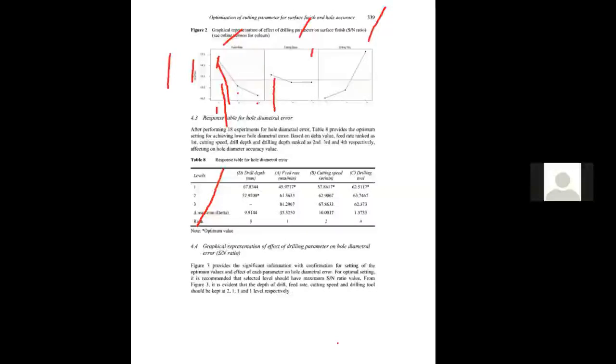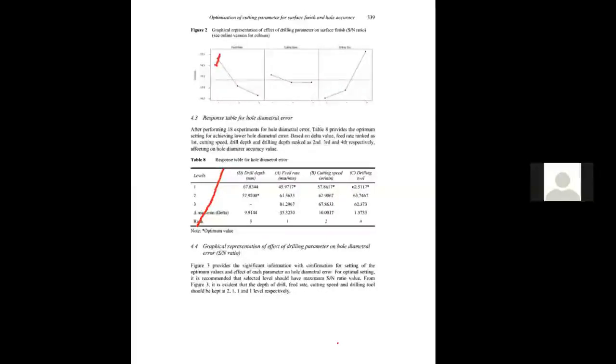And for the type of tool, I have to use the third tool. In that case only I will get the maximum S/N ratio. Now, if you see the first graph of the feed rate, you can directly see there is a very big deviation from level number 1 to 3. So blindly you can say, for feed rate, I will maintain level number 1. Now why do I have to perform these experiments?